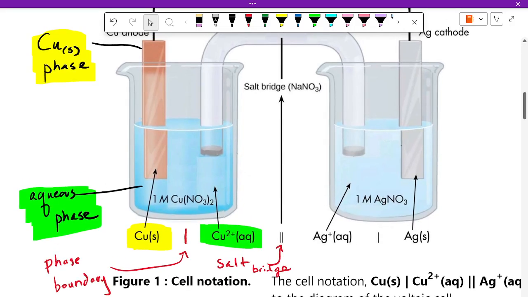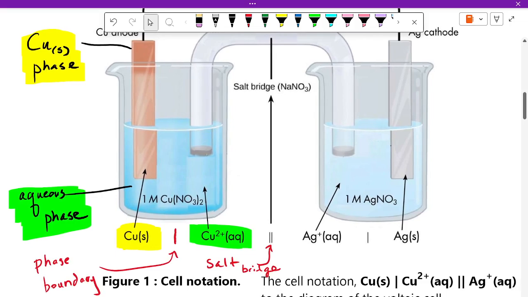And then on the other side, we have our aqueous phase. Again, we've got our aqueous phase. The silver ions are the ions of interest. There is a phase boundary between that and the silver solid. So far, so good? So this little notation here